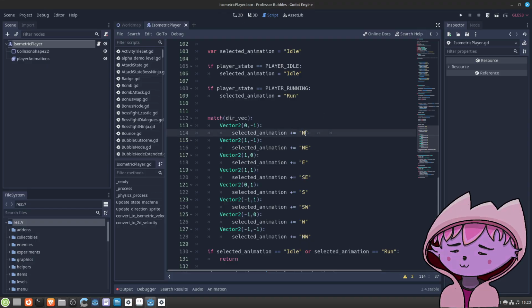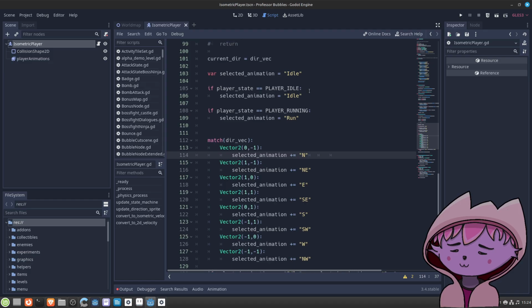And I have used this north, northeast, east, southeast, south, southwest, west, northwest coding. So if the player is idling and facing north, then I'm choosing the animation called idle N.